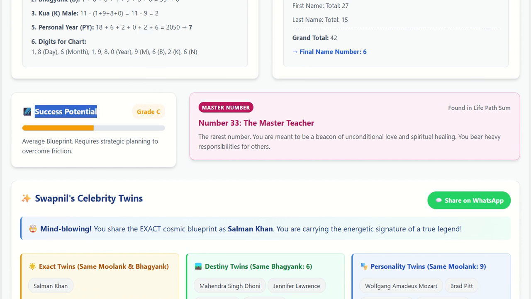This is the algorithm which looks at all the permutations and combinations in your numerology and provides you the grade. It can be A, B, C, D. So if it is A, it will be like up to here. This is again a very quick overview of your lifetime success potential. So another